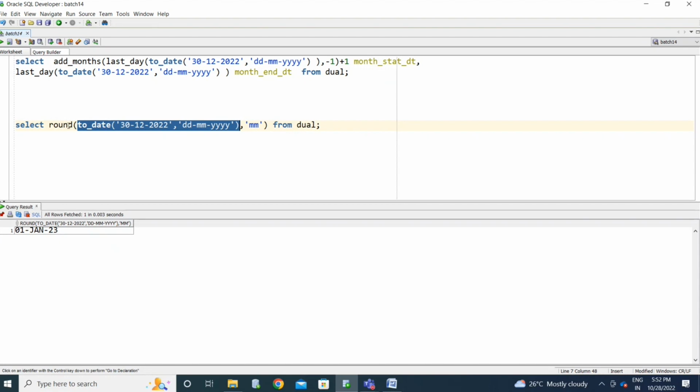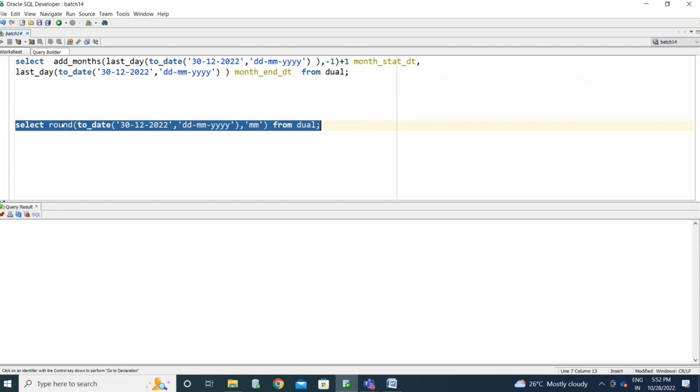Okay, if you use the trunc, if we are in the first half of the day, it will give the same. See, now we are in the trunc. The trunc function will remove the decimal values, right? So if you are in the starting of the month or the ending of the month, it displays the current month value. If we use the round function, it displays the next month value.